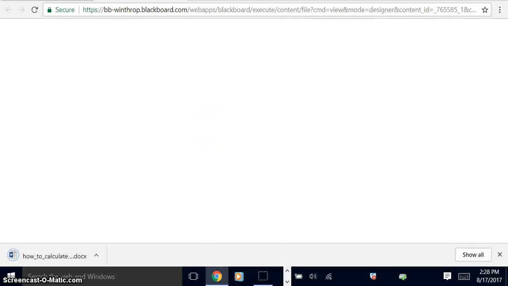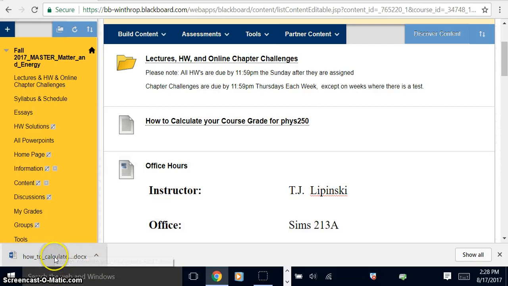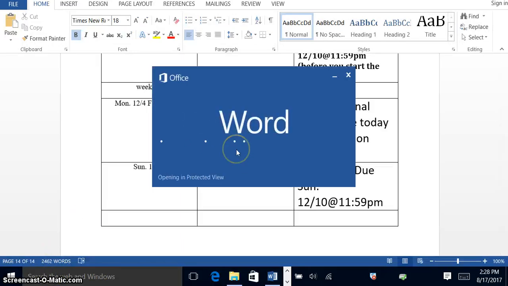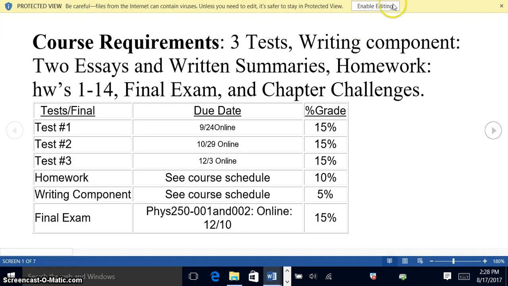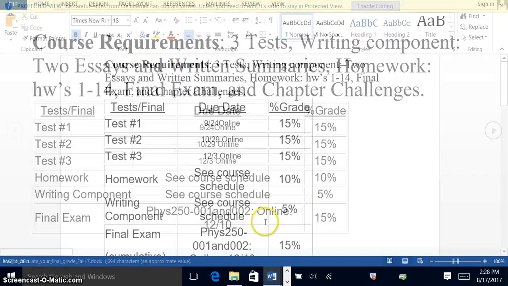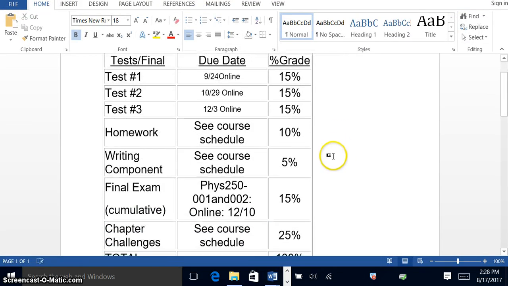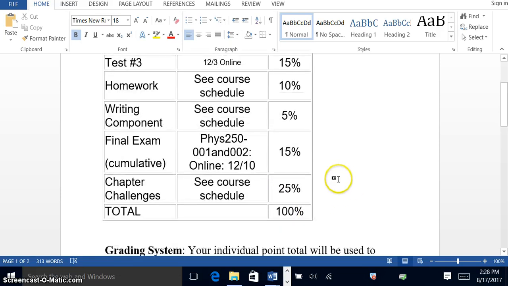Here's how to calculate your grade. Let's take a quick look at it, and this becomes important towards the end of the semester. This is just a restatement from the syllabus. Each test is 15% of your total grade. The homework is 10% of your total grade. The 2 essays are 5% of your total grade. The final exam is 15%, and of course the chapter challenges are 25%. So that's the breakdown,